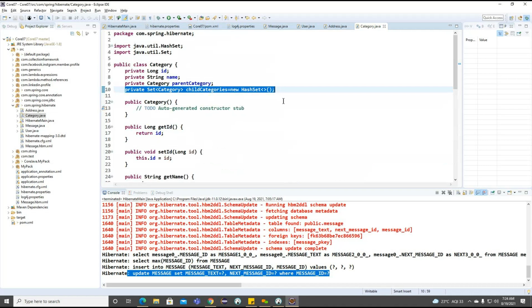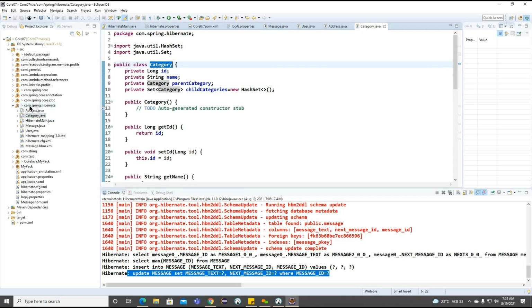Now, if we observe, whenever we are trying to work on this particular bidirectional operation, what we are doing is we are making setter injection, and within the same class. But if I'm going to work on the different classes here, I want to communicate with different classes with the bidirectional operation here, and here we are going to work on the many to many association. So many to many association. So how exactly the many to many association is going to work? Based on the two model classes here, item and bid.